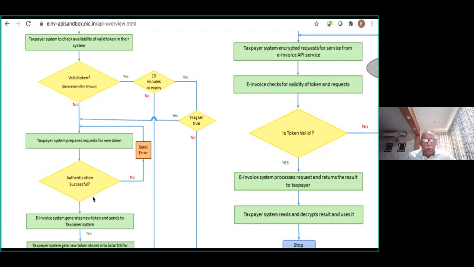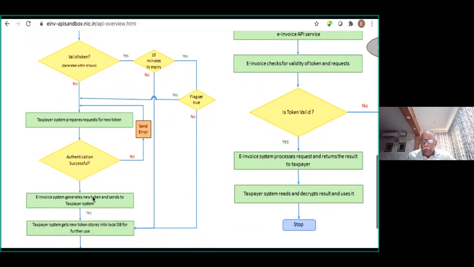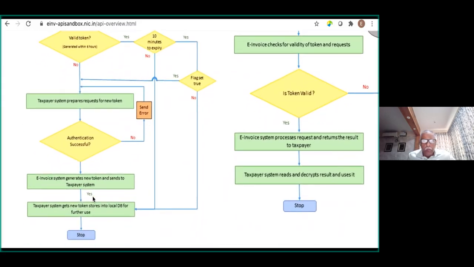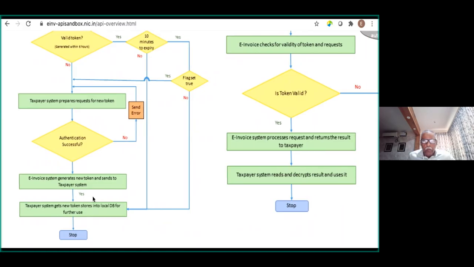On successful authentication, an authentication token and session encryption key (SEK) will be generated by the system and provided to the user. These two will be valid for 1 hour on the sandbox environment and for 6 hours in the